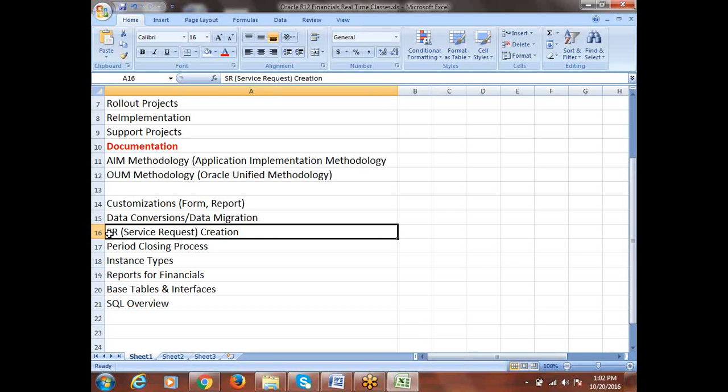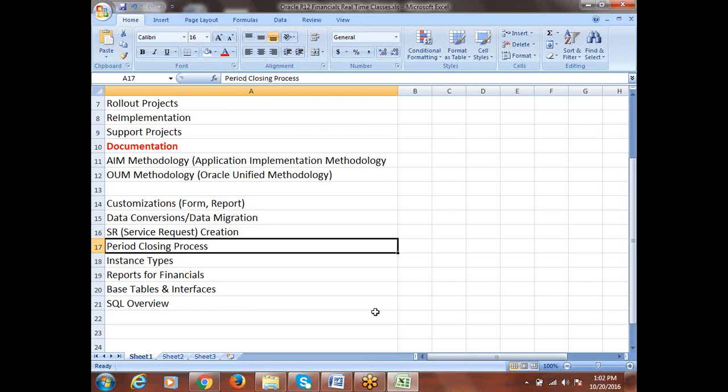Okay, when we are not able to resolve it, even as a consultant with very basic or very expert level experience, maybe 10, 15, 20 years of experience, if something is wrong with the product, no one can resolve it. That has to go to our experts only, who work in Oracle global support. They'll be resolving it. How to communicate, all those points we'll be discussing. Okay, we'll be discussing the detailed process. Then we'll look into the period closing process. When we are in a support project, basically we have to get involved in the period closing process.